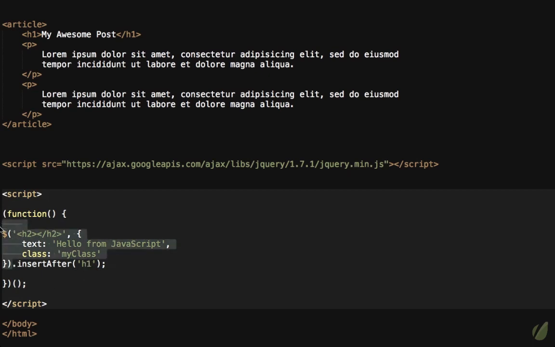If you're working with an element, then you would use after. If you're creating the element, then you would use insert after. And the same thing is true for insert before, and this time we'll say p nth child 3. We're going to get the third paragraph that is a child of the article, and we're going to insert,